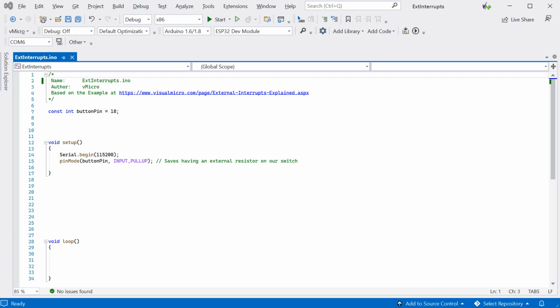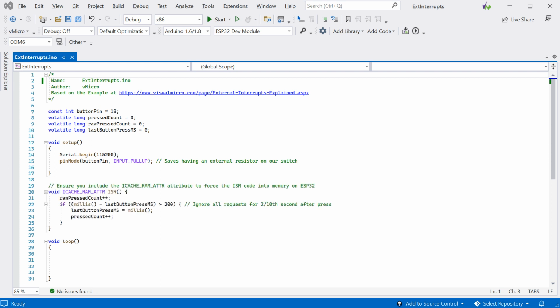Now we can write a function to handle our interrupt event, which is known as an interrupt service routine or ISR. This function must execute very quickly, so generally we just change the state of a variable in memory. These variables should be declared as volatile as they will be changed from within the ISR. Note, ISR functions often need special declarations to ensure they are stored in memory and not flash, ensuring they execute